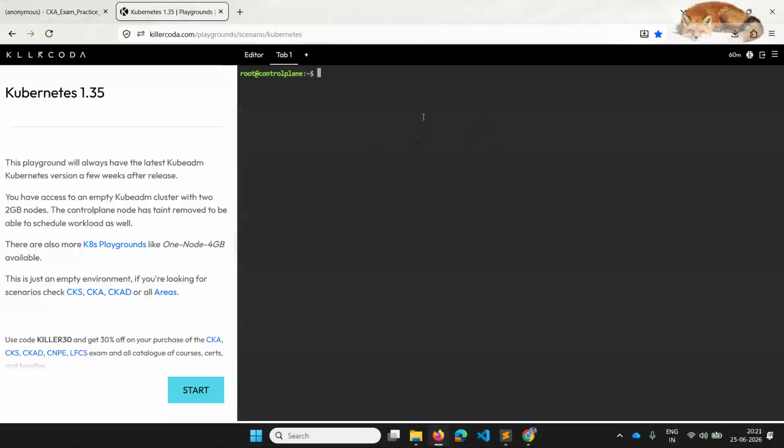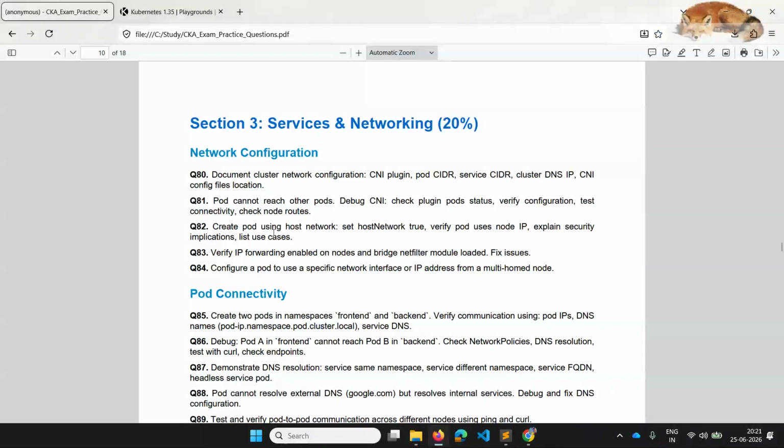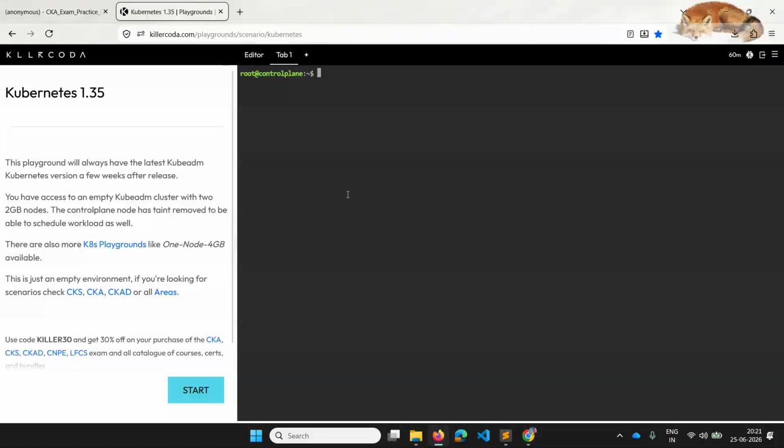So I took this environment, and they have already mentioned what we can do first of all: check whether your CNI plugins are there or not. For that you can do get pods with hyphen n kube-system.